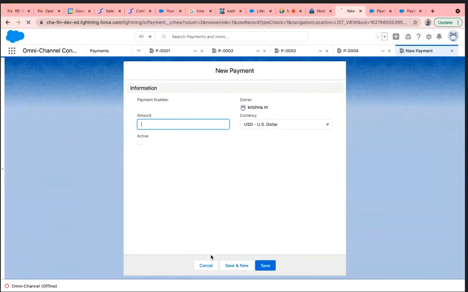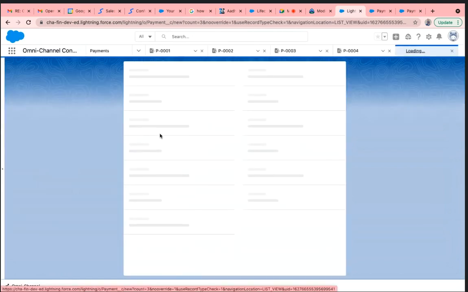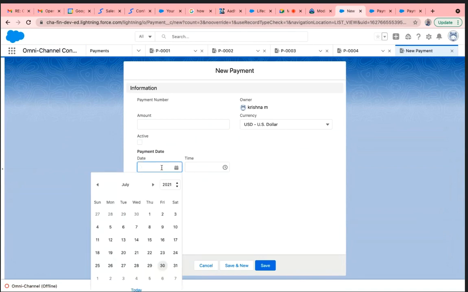Basically, it will reflect in the Lightning UI. It will take some time. If you want to create it, you should create it initially, then it should come. Now you can see. Yes. Basically, Lightning takes a little time.